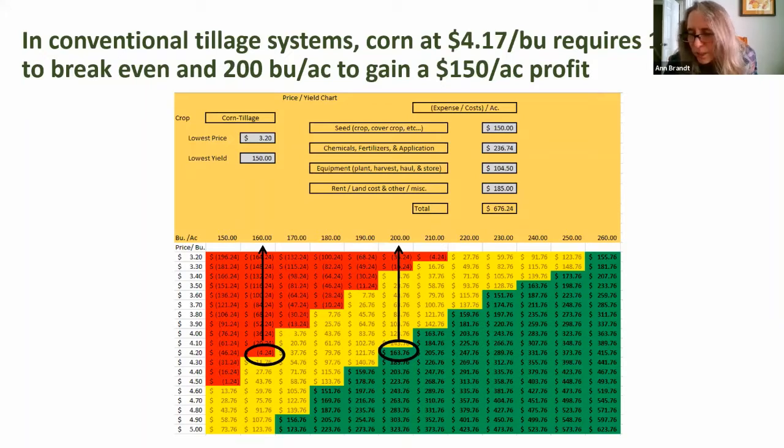All right, so here now we're going to get our first look at Van Slack's very clever Excel spreadsheet that he's done. It gives a very quick visual on good, bad, and marginal. So what we've done is we've used his spreadsheet to plug numbers into, and this does include land rent cost. All of the gray boxes up at the top in the tan box are data entry points for you. So you can put in the lowest price you think the commodity is going to reach. You can put in the lowest yield that you foresee happening, and then put in your other costs on the side there, and it will give you a